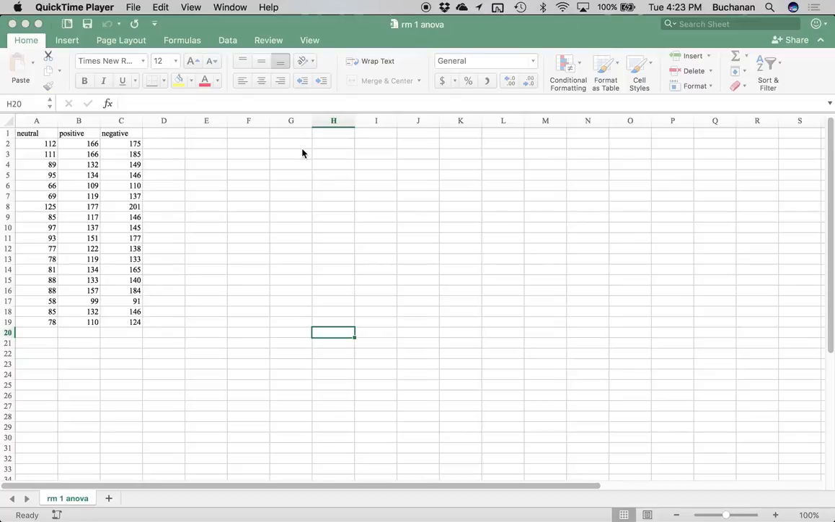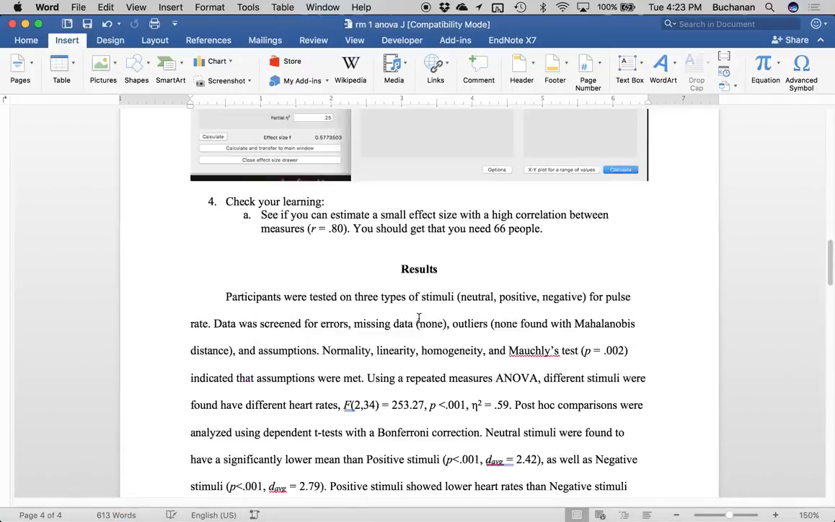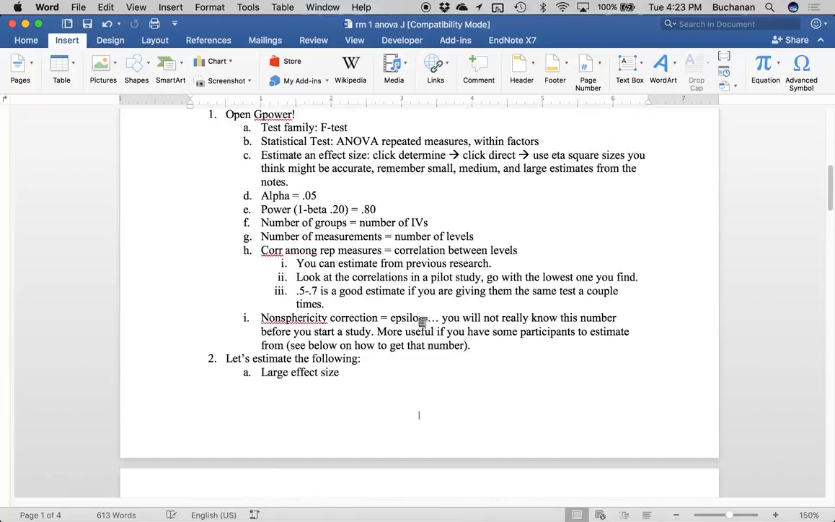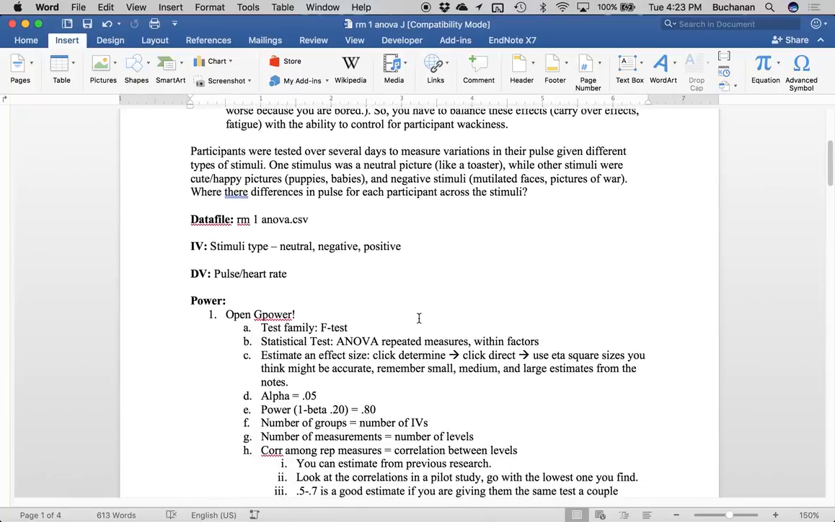Hey everybody, what we're going to do in this video is cover how to do a repeated measures one-way ANOVA using JASP, Excel, GPower, maybe a couple of other programs. With the last video I realized I didn't explain very well what the example was about, so this time I remember to do that. And what we're looking at is a repeated measures design, so that means that each person